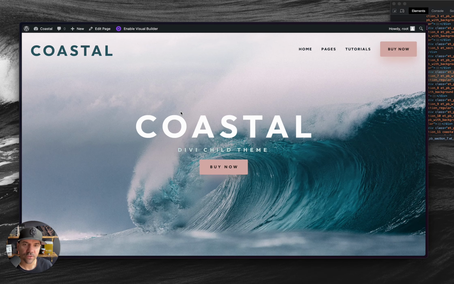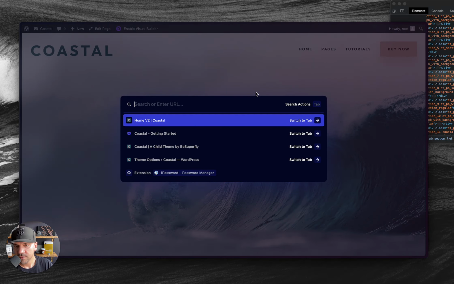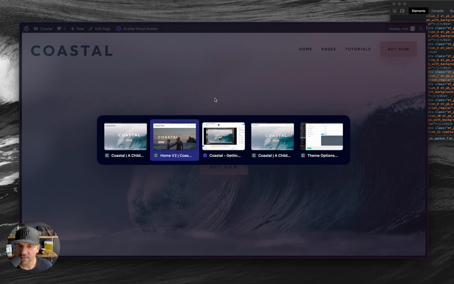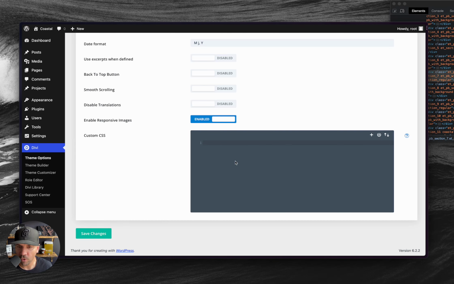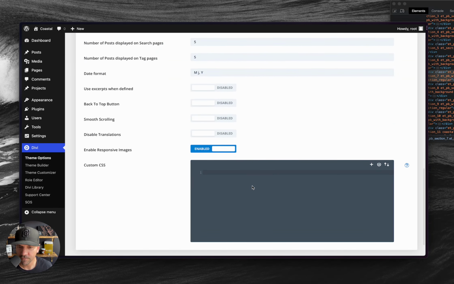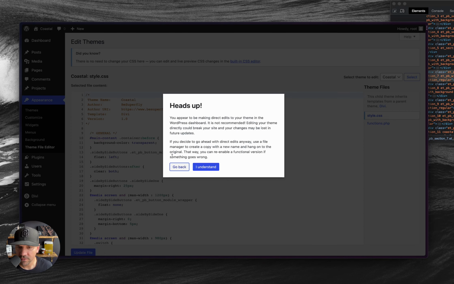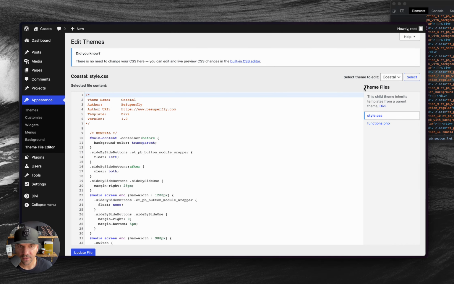You could use an online CSS editor for it, or you could even use TextEdit in the text mode. But the big thing I'd recommend is just making sure to save a copy of the CSS. Now there's two ways that we're going to edit CSS. We're either going to override in your Divi theme options area down here at the bottom, this, or you can go to Appearance, Theme File Editor, hit I understand, and then in the coastal theme files,